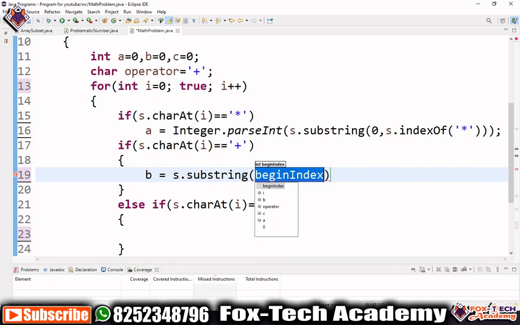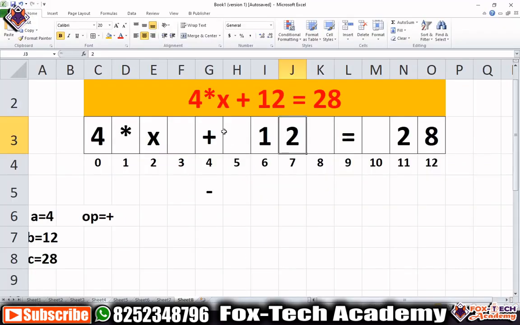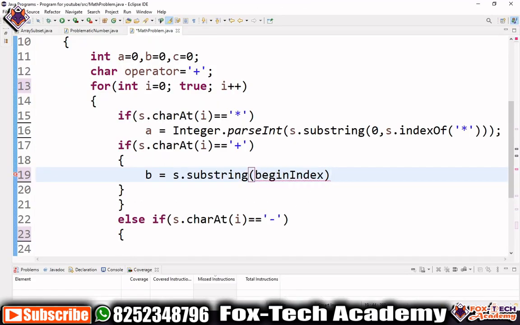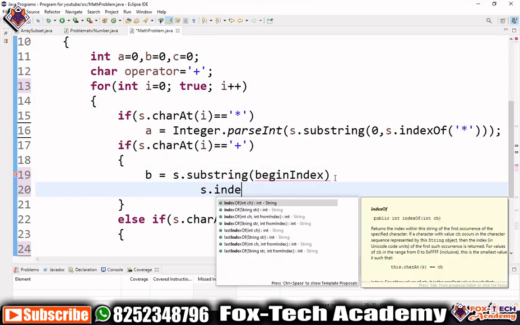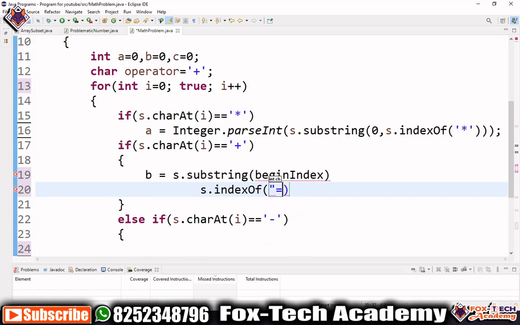We will start after, if you will see, 2 characters after this plus. So first we have to find the index of this plus, so suppose here we will find s.indexOf plus, and we have to find 2 characters after this plus.